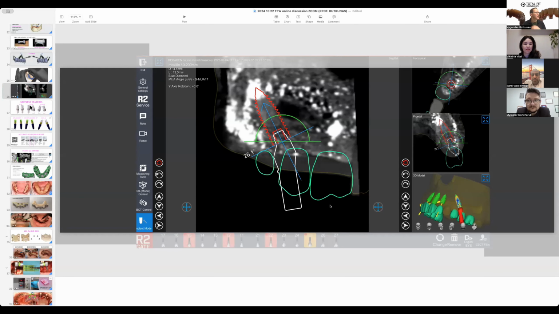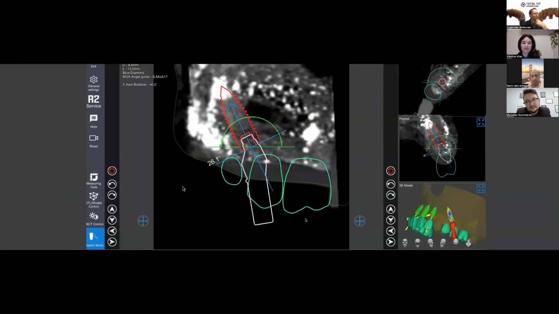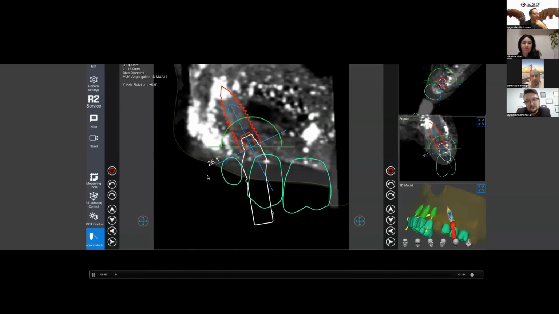Yes. So with different planning software, you are able to see the bone quality. Again, this is not a real bone; it's a demonstration model. Different color coding represents different bone quality. What is very important as well is that here you can plan the prosthetic component.